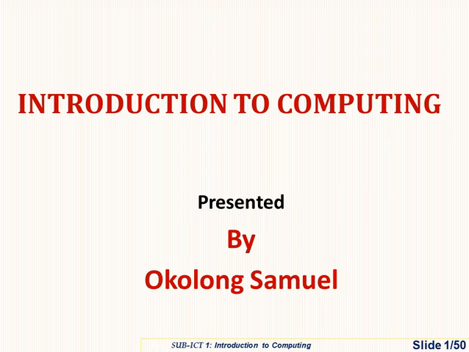We know that ICT is composed of 3 papers: paper 1, paper 2, and paper 3. But a student is expected to do only 2 papers, either paper 1 and paper 2, or paper 1 and paper 3. So here comes Introduction to Computing. This is the first topic in paper 1.